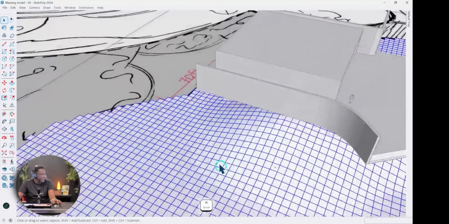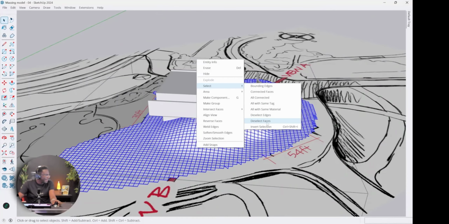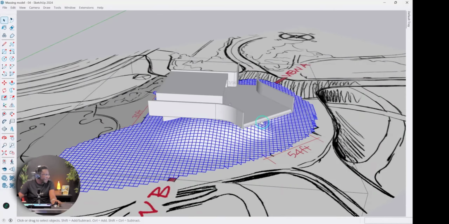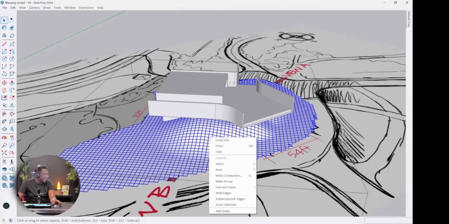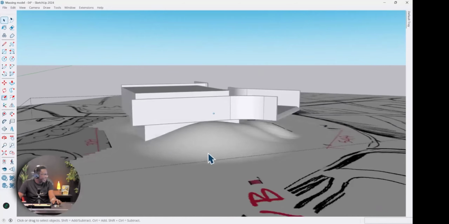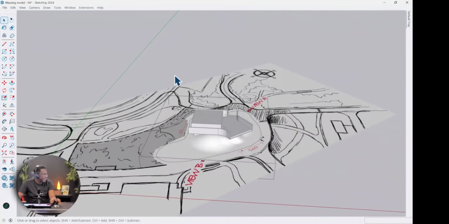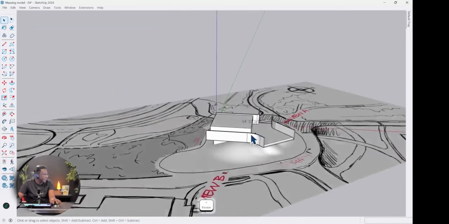Then right click and choose select, and under the select menu, choose deselect all faces. That would leave us with just the selection of the edges. Then we right click again and say hide. This will hide all of the edges and leave us with just the faces. There we go. And that gives us a smoother representation.